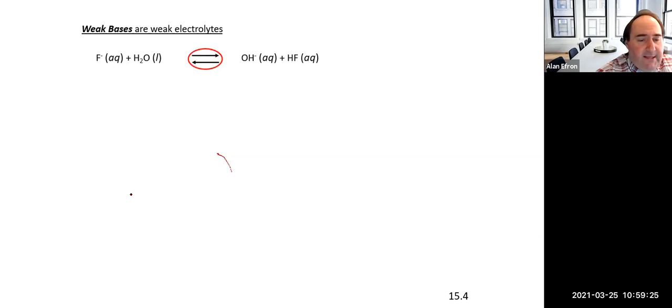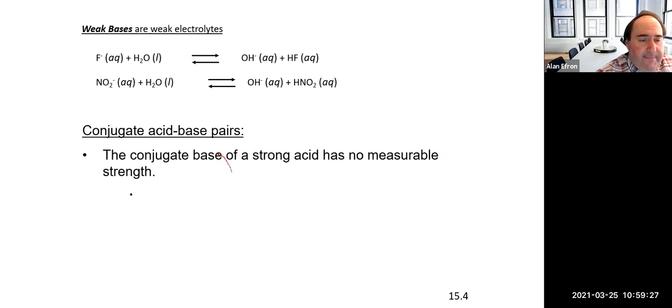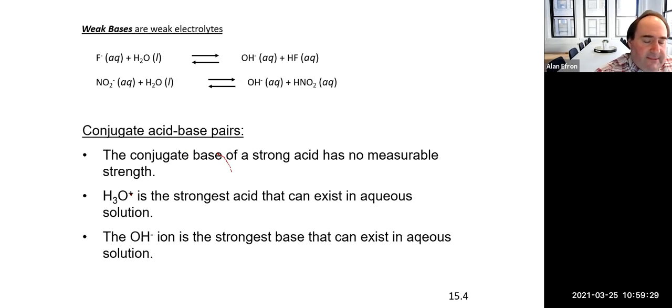And just like weak acids, we do have some weak bases. And our weak bases also are these reversible reactions. And just like our weak acids, they pretty much stay together, but are able to produce a little bit of these ions in solution. And again, because they're able to produce a little bit of the OH minus, they're obviously still considered a base, but they will not produce anywhere near the amount a strong base would